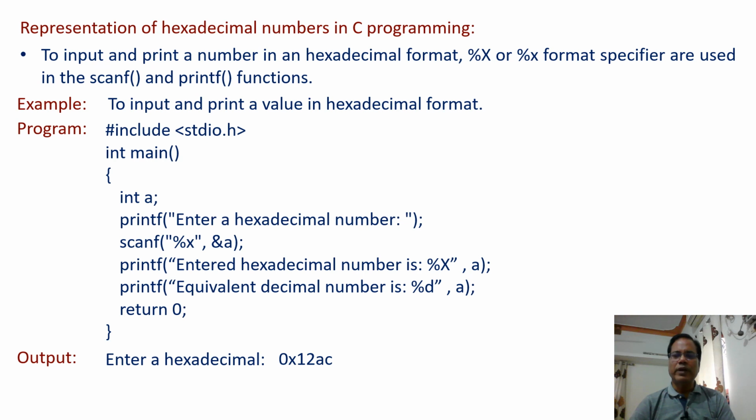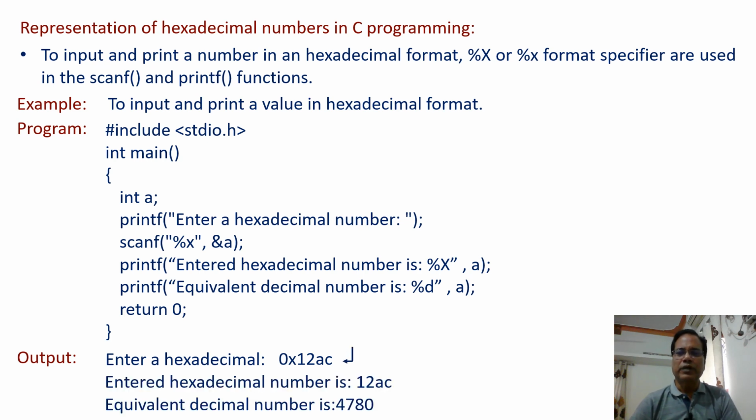So we have to enter a hexadecimal number like this one, because a hexadecimal number in C programming is represented with 0x. The x may be either a lowercase or uppercase letter, it doesn't matter. Once this number is entered and the enter key is pressed, we get the output like this one. Here the hexadecimal number 12AC is displayed, and together with this one we have the decimal equivalent of